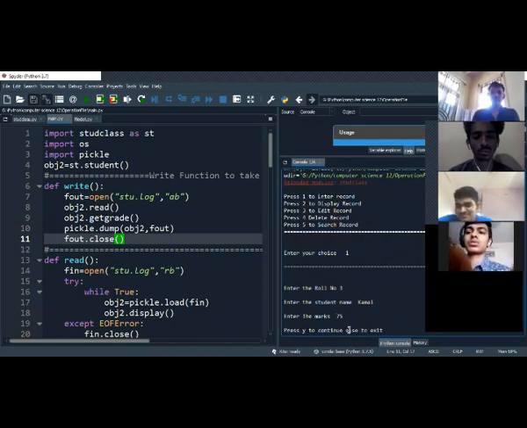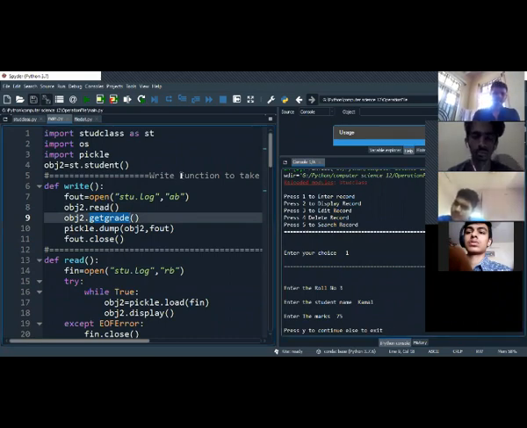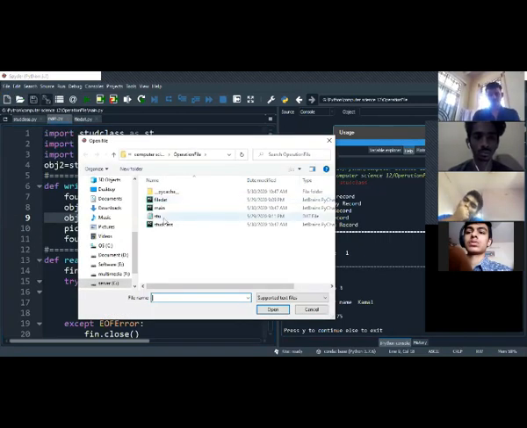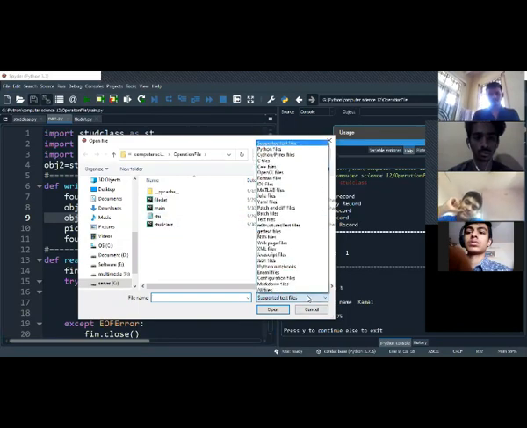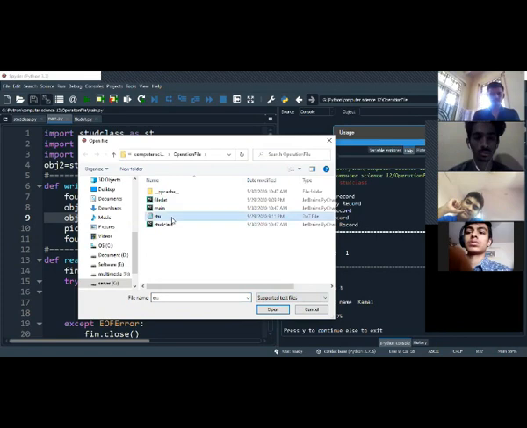When I write this, the read command took all 3 values, 3, Kamal and 75, and get grade assigned the grade to Kamal. Now if I want to display this, you want to see that file also, correct? I am showing you which file I am writing on. Okay, this file.